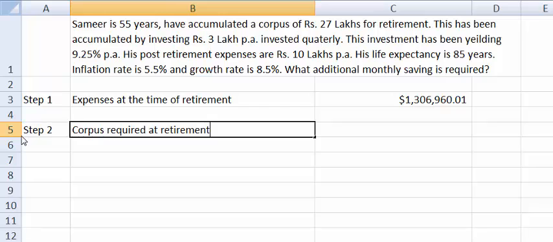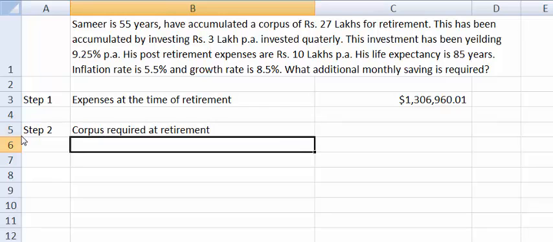So once we have found expenses in the year of retirement, we need the corpus required at retirement. So for this we need to provide for inflation as well, and hence we will work with the real rate of return. This is very important, crucial, because once again 13,06,960 are his expenses at the time of retirement. In future his expenses will continue to rise, so we find out the real rate,